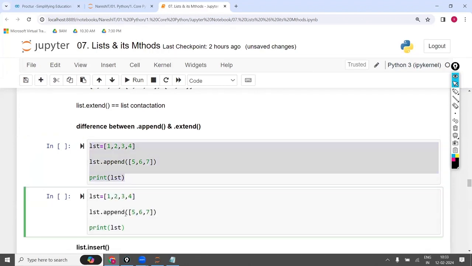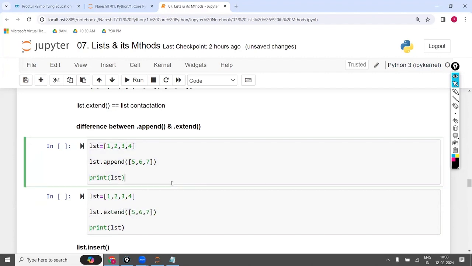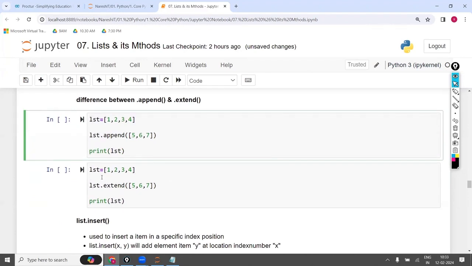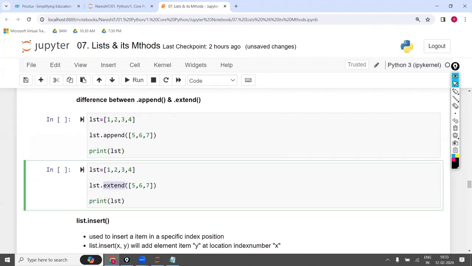Now tell me guys, what is the output of the first cell and what is the output of the second cell? Write in the notes. Same question as it is; instead of writing append, I have written extend. If I write append, what happens? If I write extend, what happens? Write the output in the notes for cell 1 and cell 2.